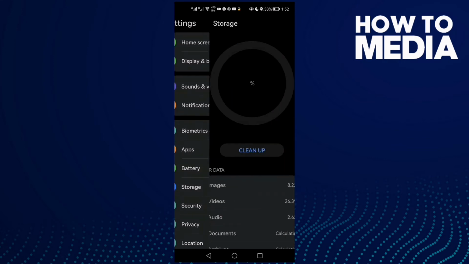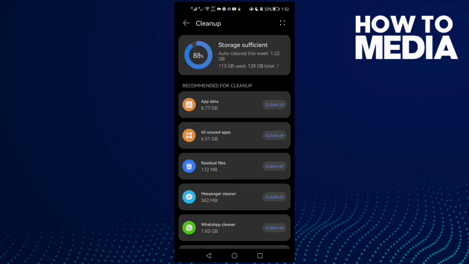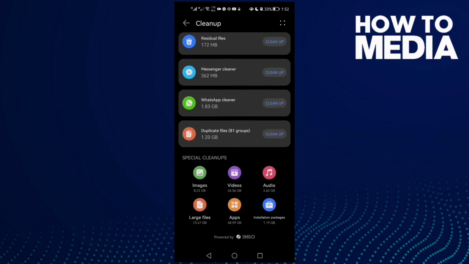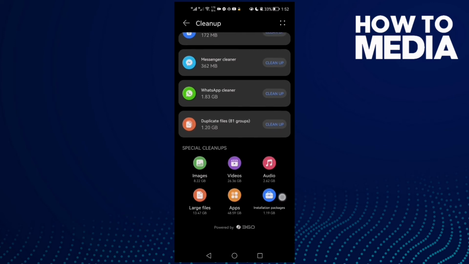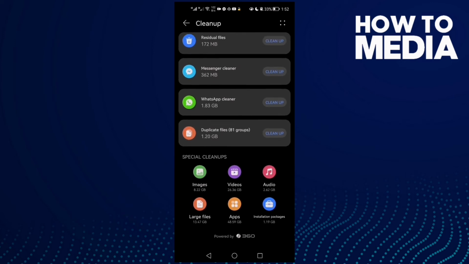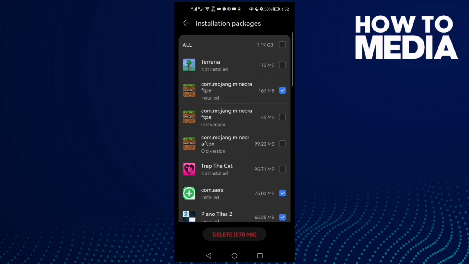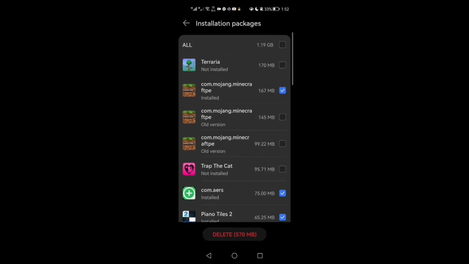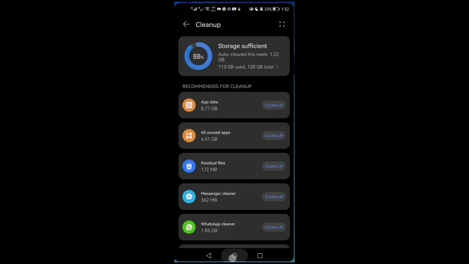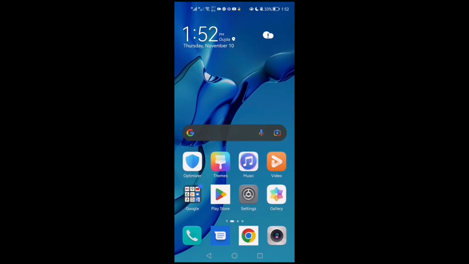so just go to storage and then click clean up, and now scroll down until you find installation packages here, just click on it, and here you can delete anything you want here, and that's it. Then just clean some space and try again, and your problem must be fixed, and see you in the next